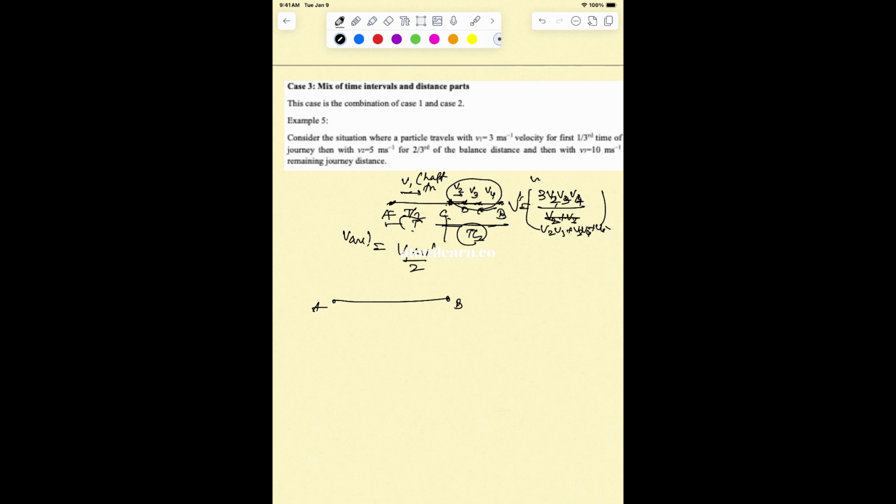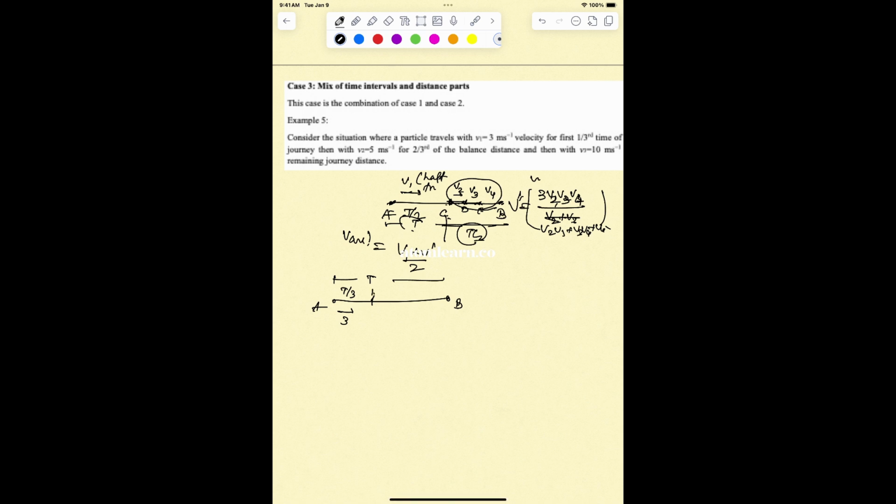Now, it is traveling v1 equal to 3 for the first 1/3 time. Therefore, this is 1/3 time. Let me call that T by 3, where T is the total time. This velocity is 3. Then the data for the remaining part is v2, 5 meters per second, for 2/3 of the balance